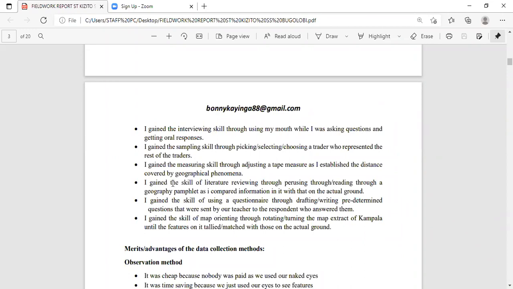I gain the measuring skill through adjusting a tape measure as I establish the distance